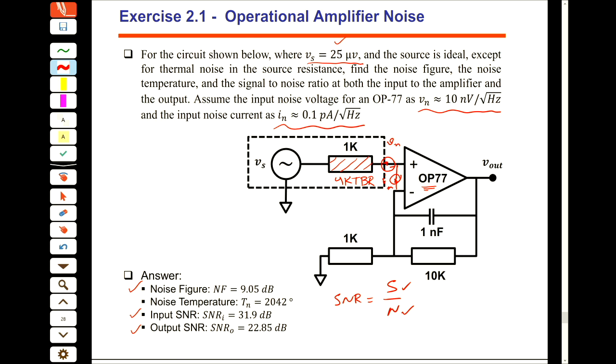SNR at the output, I have a signal, I have an amplifier, I amplified the signal. So signal out is the amplified version of the input signal. Clear? Done. SNR in is S in over N in. SNR out is S out over N out. S out is S in multiplied by gain. Okay? N out